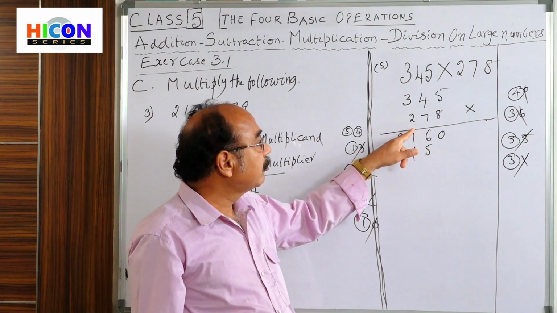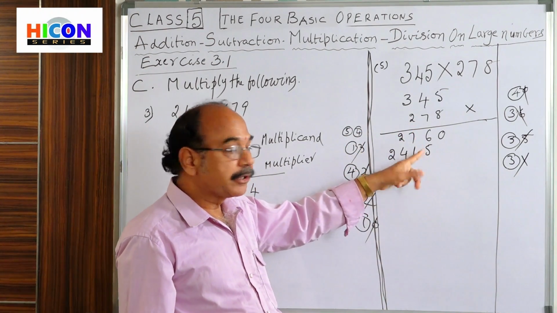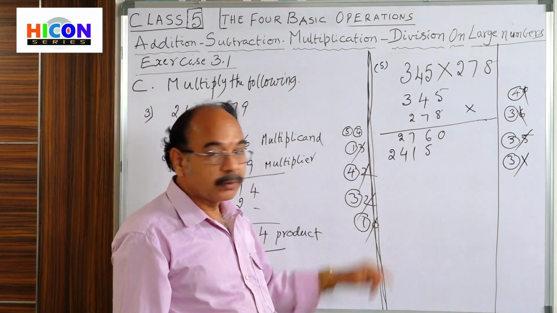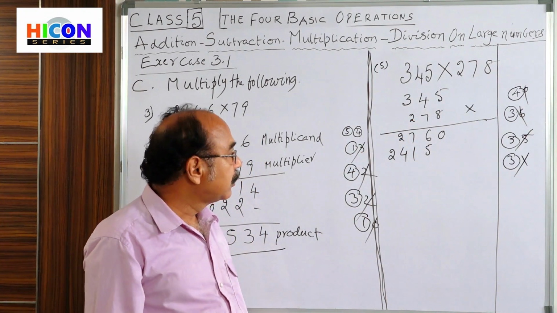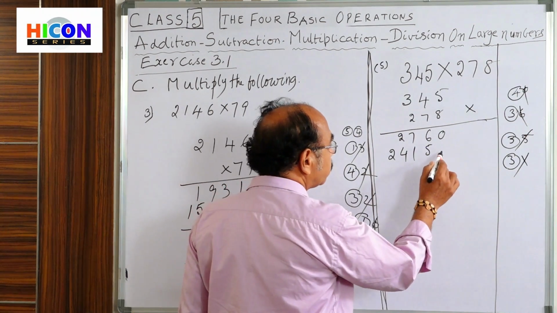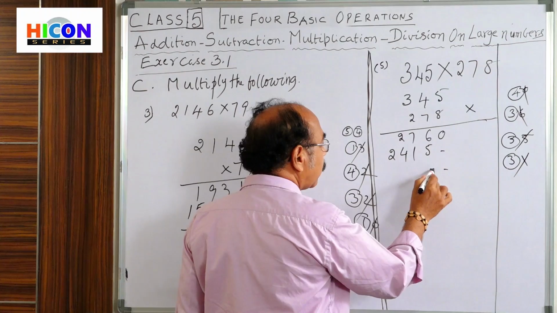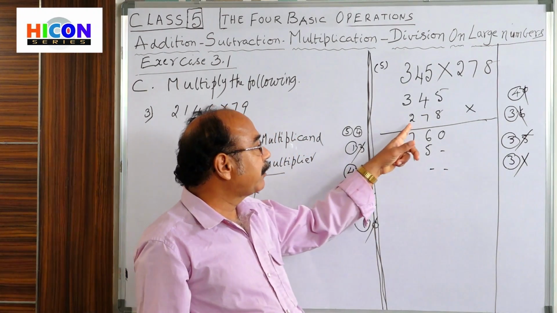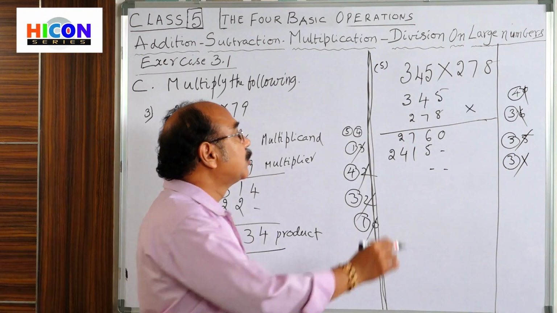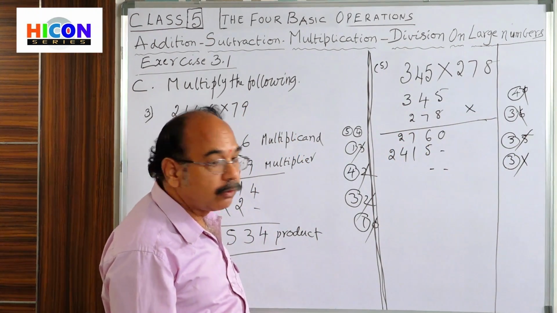Okay, children. Now with the 2. First step 4, second step 4, the third step: multiply with 2. 2 is the hundreds digit. That's why here, leave this place. Now, from this line, because we are multiplying with the hundreds digit, we multiply with the 2. Multiplication by 2 is going on now.